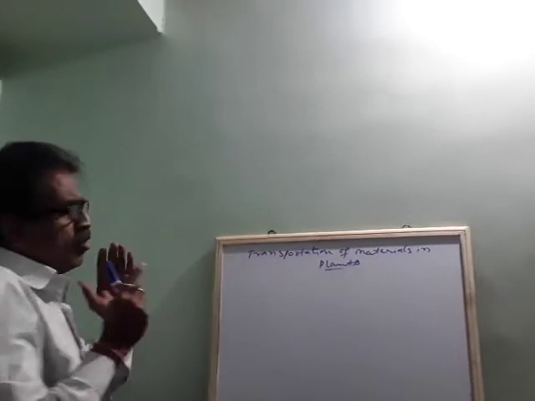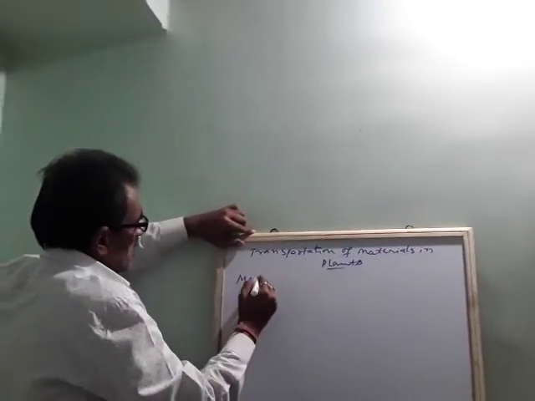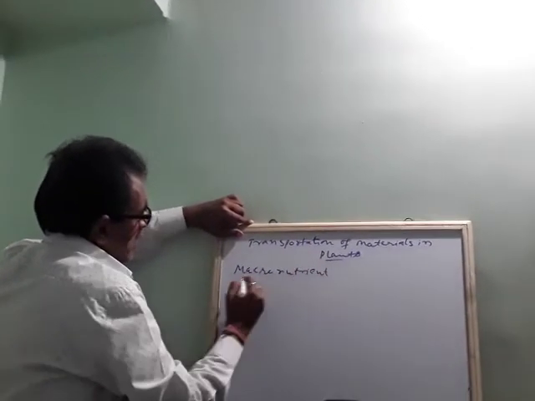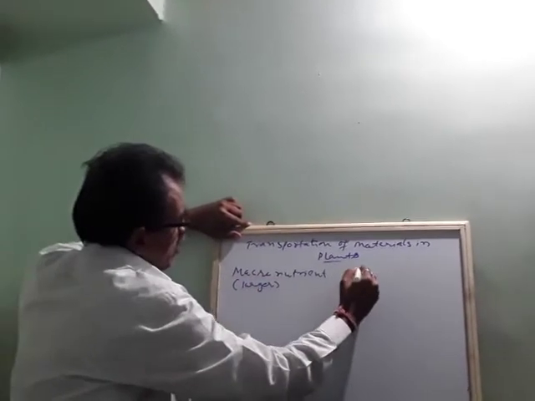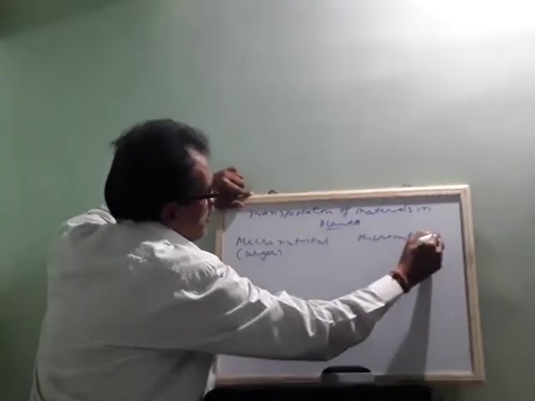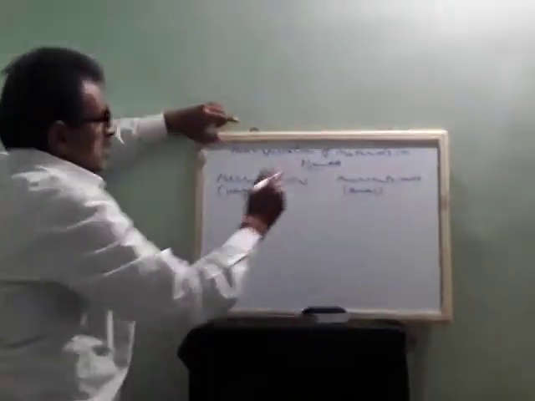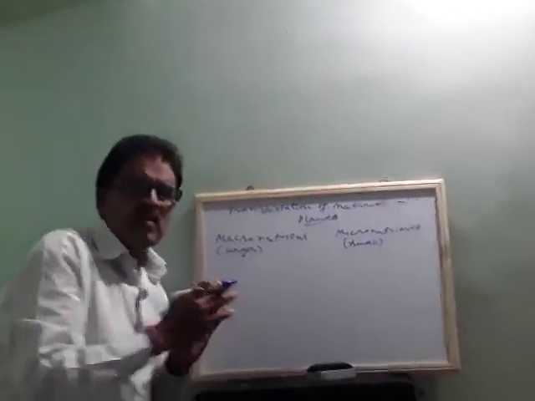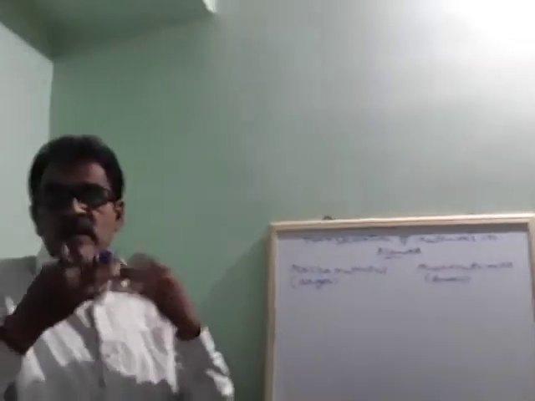Okay. So macronutrients means which are required for the growth of plant in large quantity. Macro is larger, more in number, and micronutrients are required in small number. But why should we supply this? Because these all are required for the growth of the plant and preparation of different foods.